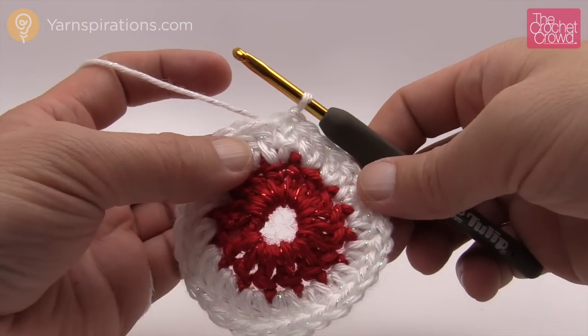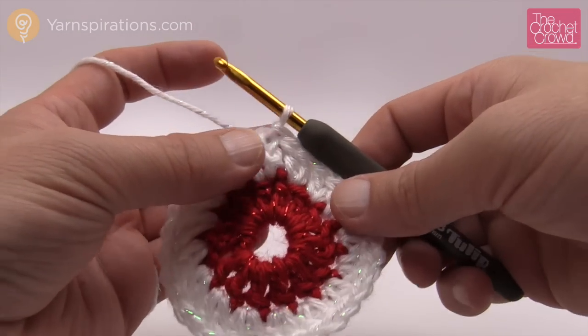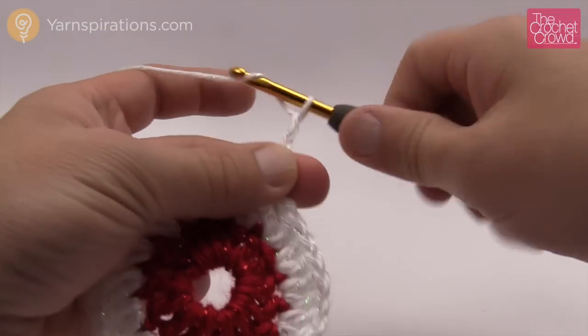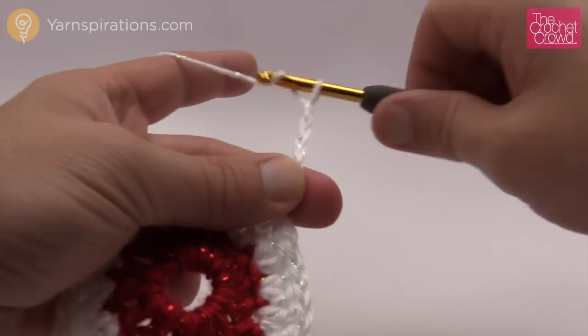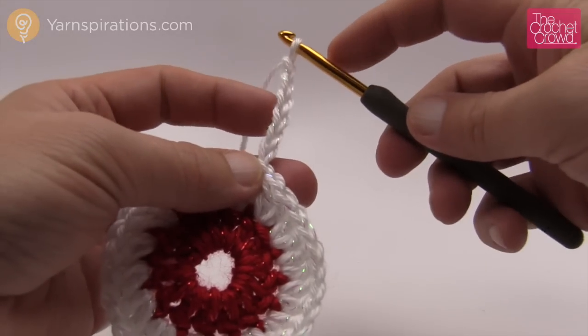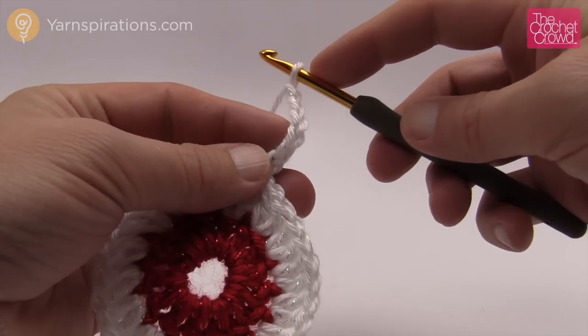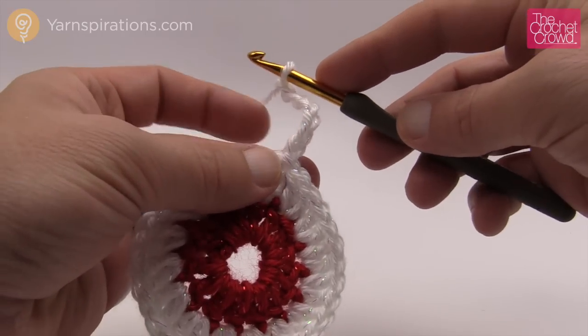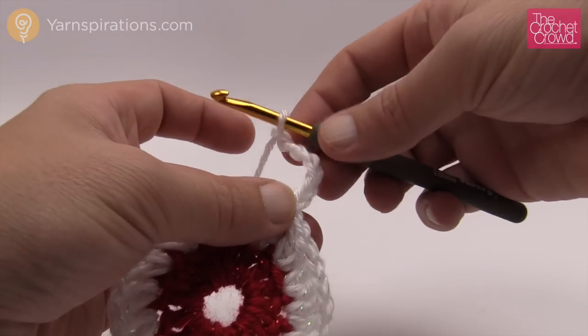Round number 3 is really simple. So here we go. We're going to chain 6. So 1, 2, 3, 4, 5, 6. Now remember what I said, chaining of 3 counts as a double crochet, so we counted chaining of 6. So 3 of this is the double crochet and 3 of it is a chain, and so basically what you're